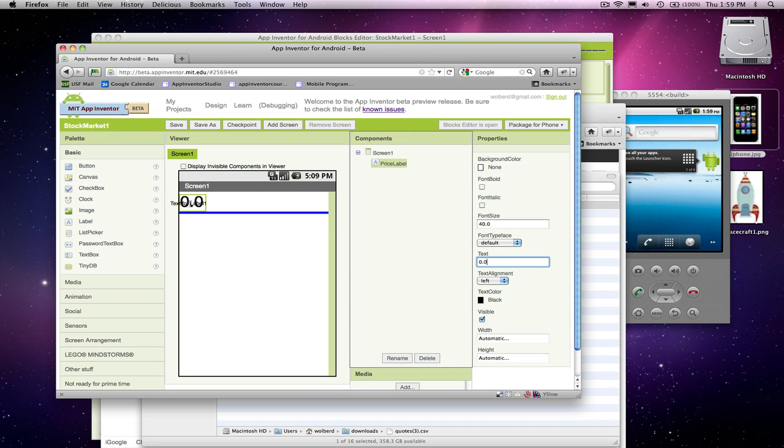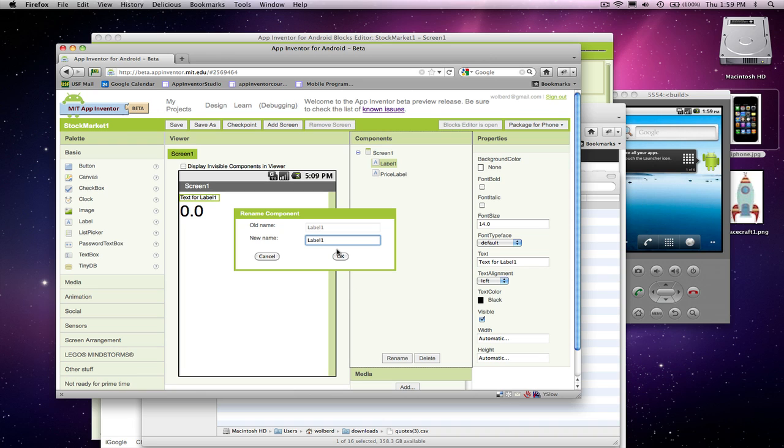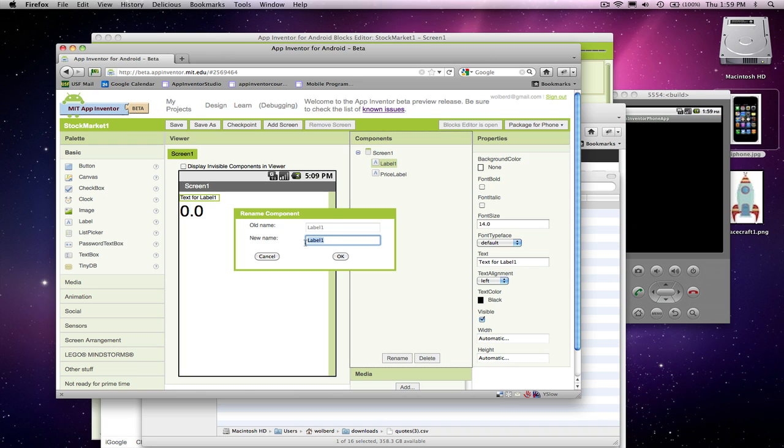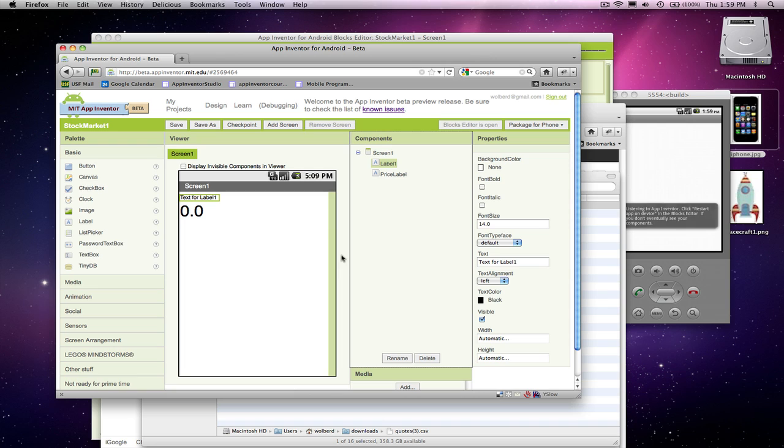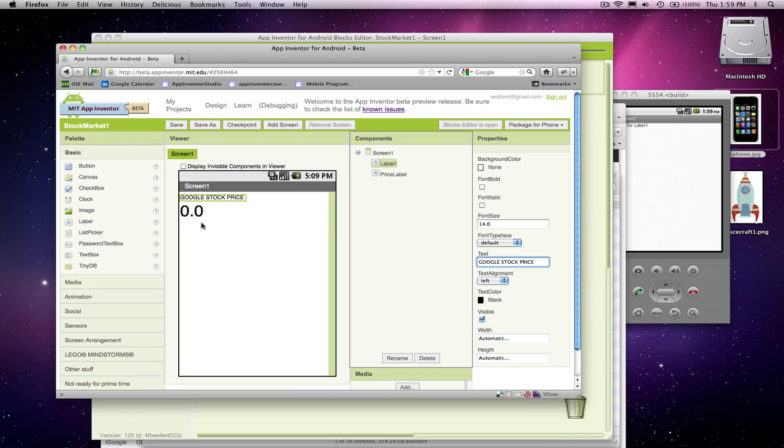And I'll just add one more label, just to say what we're going to show. And this is just, I'll just leave it as label 1, and I'm going to make the text there Google. Okay, and what we're going to do is just show the Google stock price, and what we're going to do is show it right when the app begins. Okay,